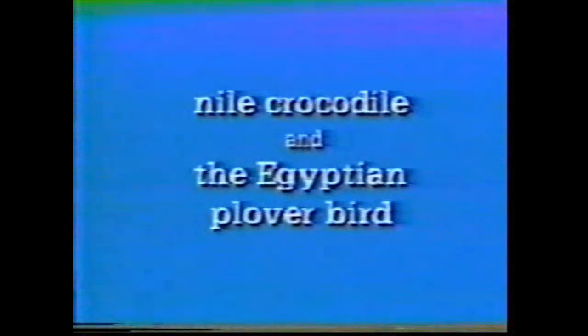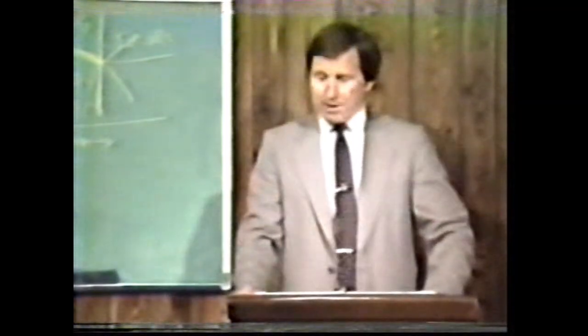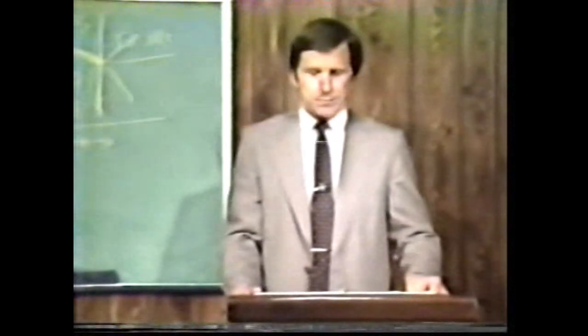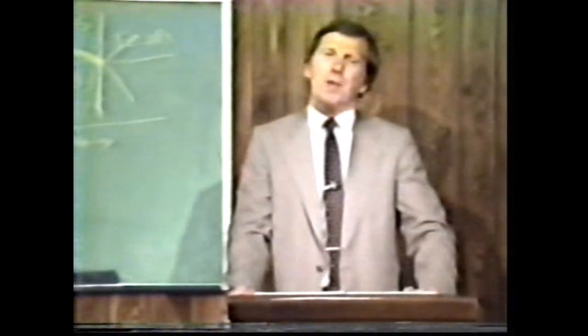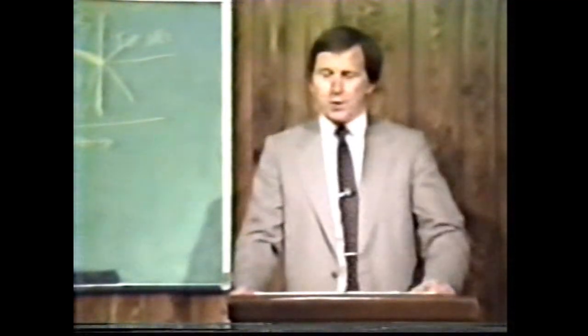plover bird. The Nile crocodile opens up its mouth to the bird, which walks in and picks parasites from its teeth to leave again. That act benefits both animals, and without the other, each animal would perish. The crocodile needs the bird to remove the parasites, and the plover bird needs the parasite as food. They both would have evolved at precisely the same time. If the plover bird evolved first, it would have had nothing to eat for millions of years waiting for the crocodile to evolve. If the Nile crocodile evolved first, it would have been harmed by the parasite waiting for the